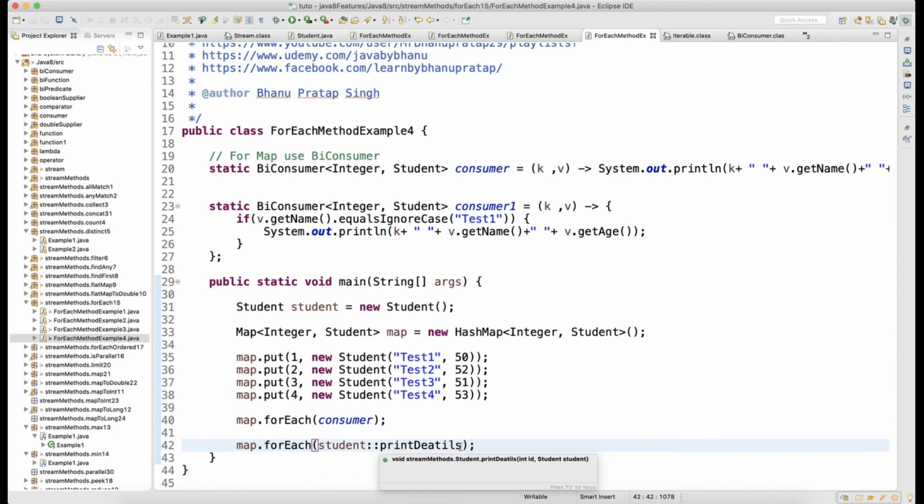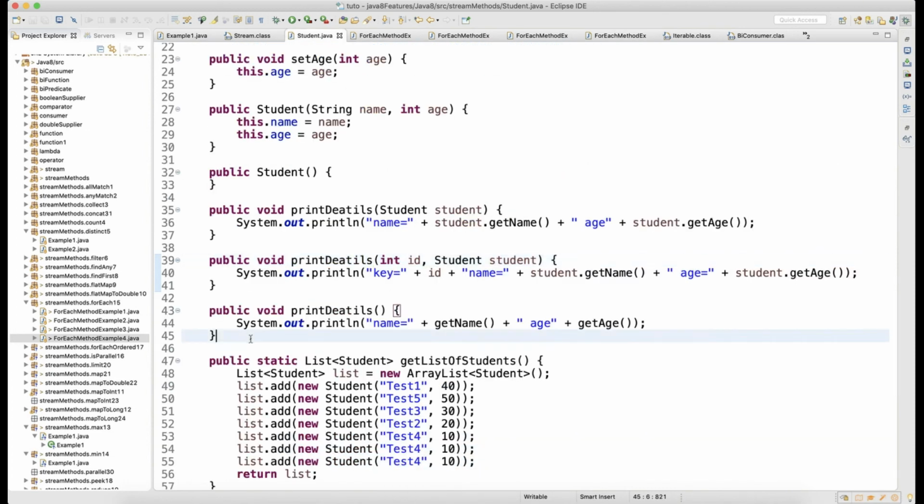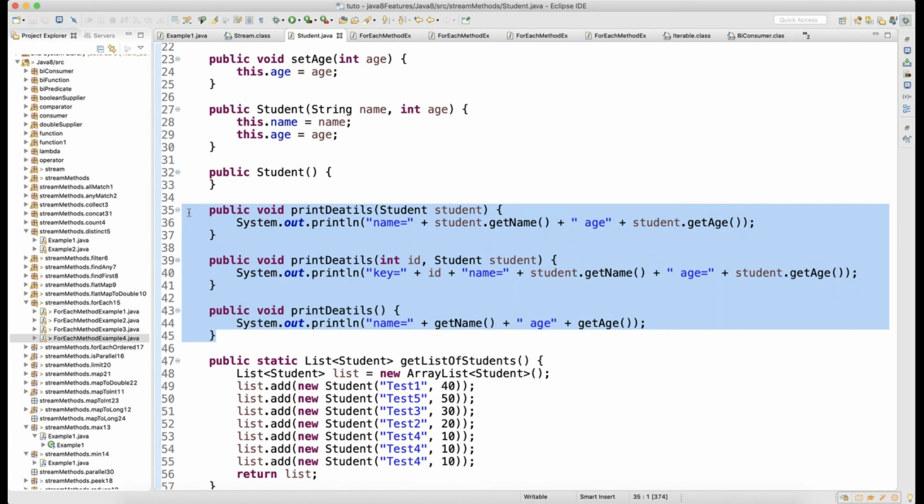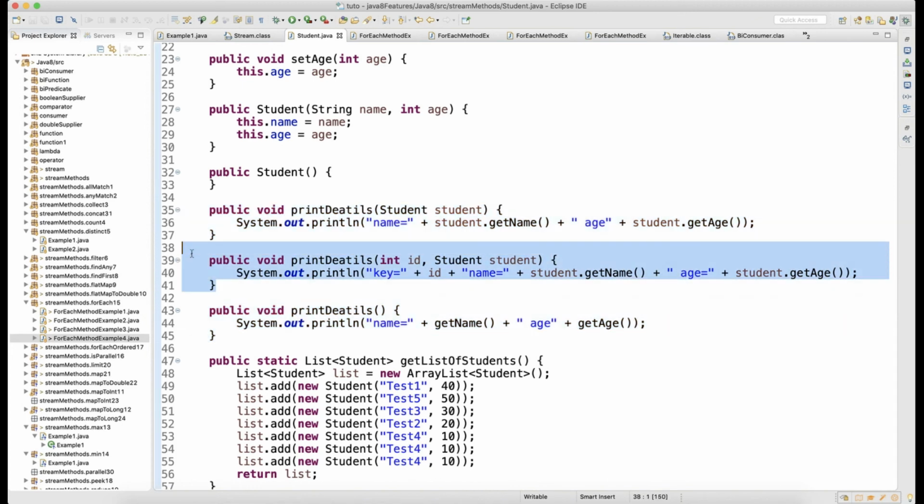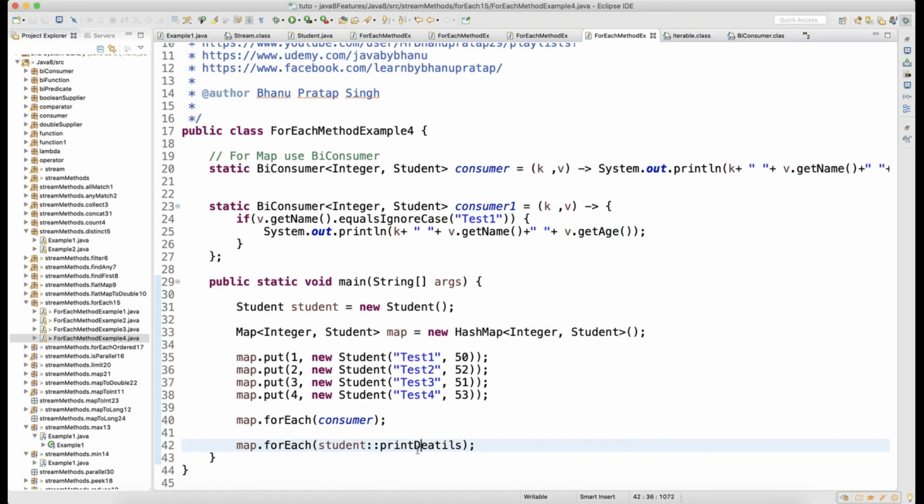And one more thing, guys. Your functions are very intelligent. Just press Ctrl and click on printDetails. There are 3 printDetails. I am not mentioning which printDetails should be called, but the function at runtime is smart enough to identify which one should be called. There is a printDetails which has 2 arguments, but in my call, nowhere am I mentioning those 2 arguments.